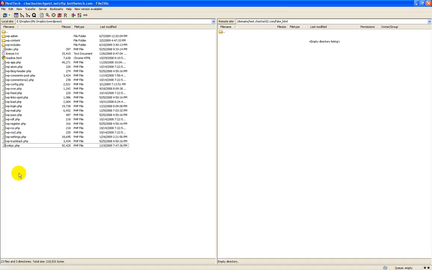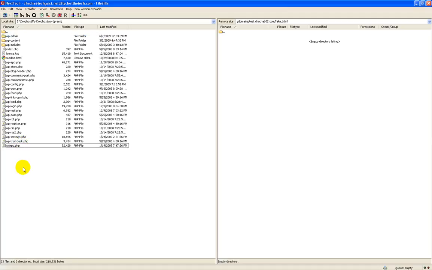Now, in order to do this next step, you're going to either have to know some programming knowledge, or you're going to have to ask your web host how to do it. But basically what you're doing is you're logging into your server via FTP, and you're going to transfer the files over. Now, your website might have a different way to transfer files to your web server, which is perfectly fine. You just need to make sure all those files are in this structure